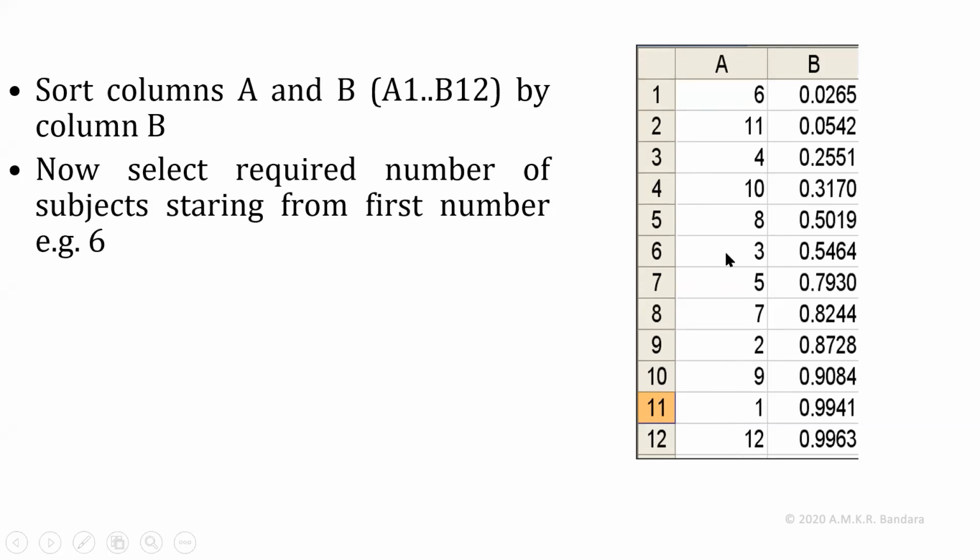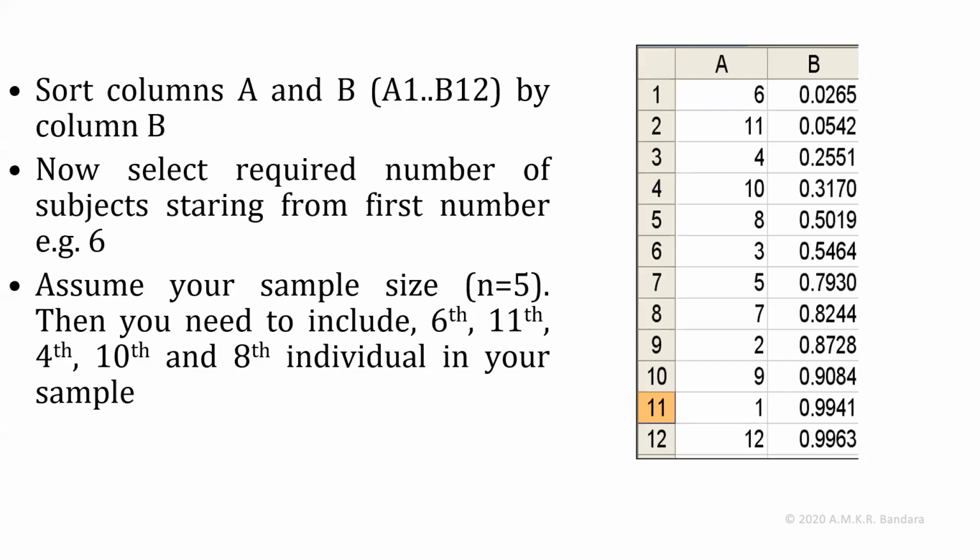So we learned 3 methods to select a simple random sample from a population. First requirement is you should have a list, which we call the sampling frame. Then you can employ any of the three methods we learned. Computer implementation is much easier. I will demonstrate it when we do a tutorial or practical class.